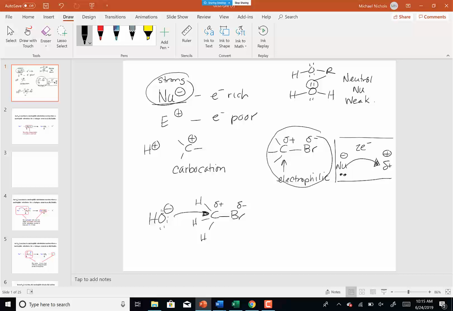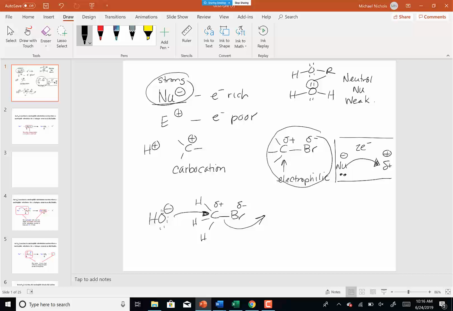So that hydroxide is going to donate a pair of electrons to the carbon. But if it does that and nothing else happens, the carbon is in trouble because it would have 10 electrons and it can't form an expanded octet. So at the same time that the oxygen is giving pairs of electrons to form a new bond, this carbon-bromine